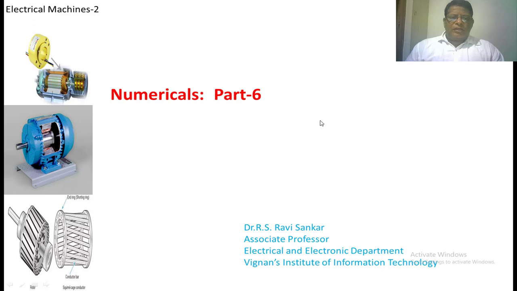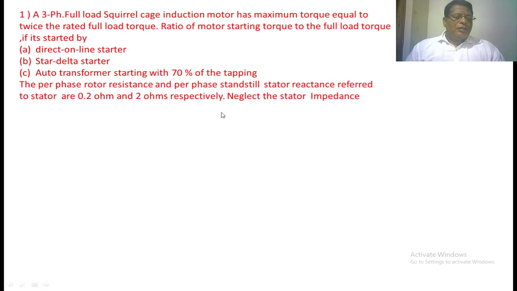Welcome back to the class on numericals, part 6. In this lecture, we are going to discuss some numericals which depend upon the starting methods of an induction motor. In the first question, a three-phase full load squirrel cage induction motor has a maximum torque equal to